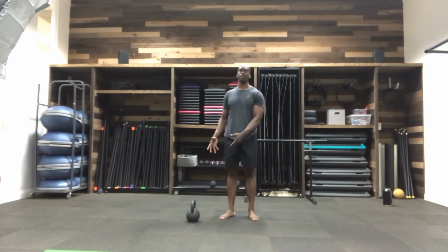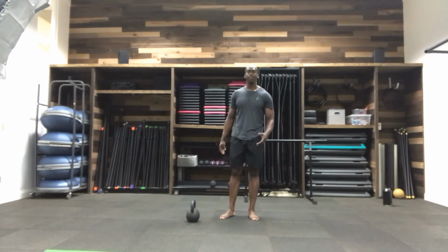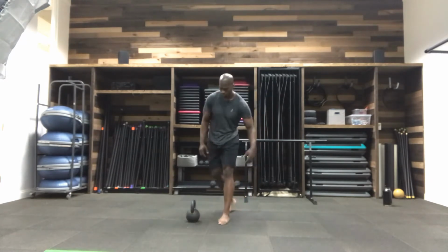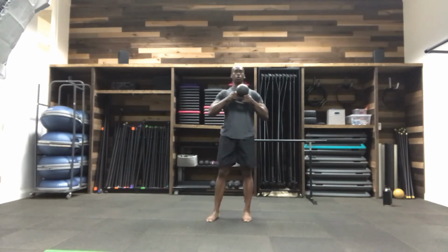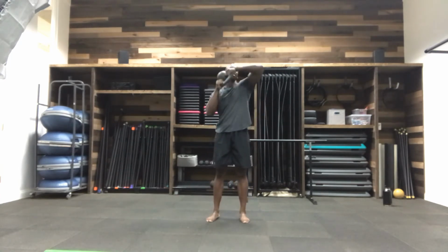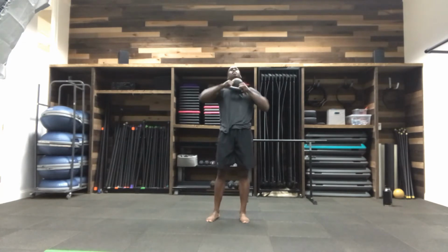We're here to work with our kettlebell today. Let's take some time, get good and loose and warm. So I'm finding my intermediate sized bell. We work on our halos first, elbows out wide. Let's start wrapping around the head,